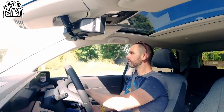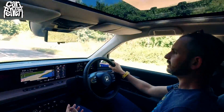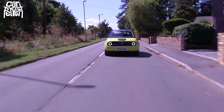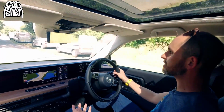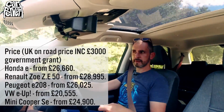So you decide. But what I would say is, from a car enthusiast point of view and an EV enthusiast point of view, for me, getting back in it reassures me that it's still an exciting, fantastic car. I don't want to like it as much as I do because of its failings on paper, because the range is average at best. But yet here I am, back in the E, enjoying this lovely cabin, enjoying the sumptuous quality of it all. I mean, it feels like a very well put together car. It feels expensive